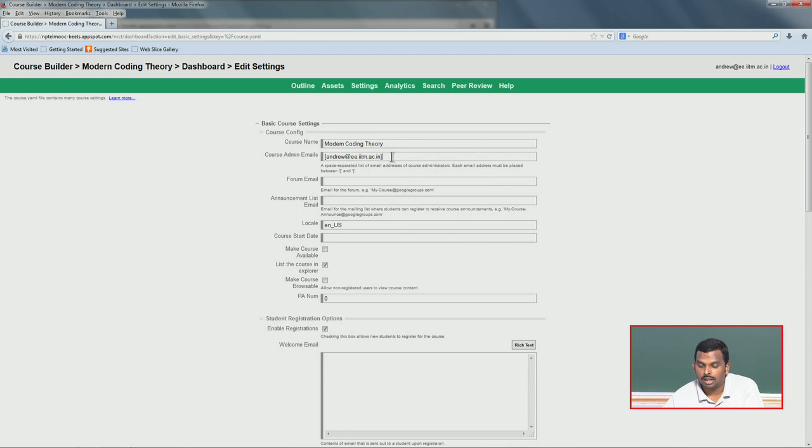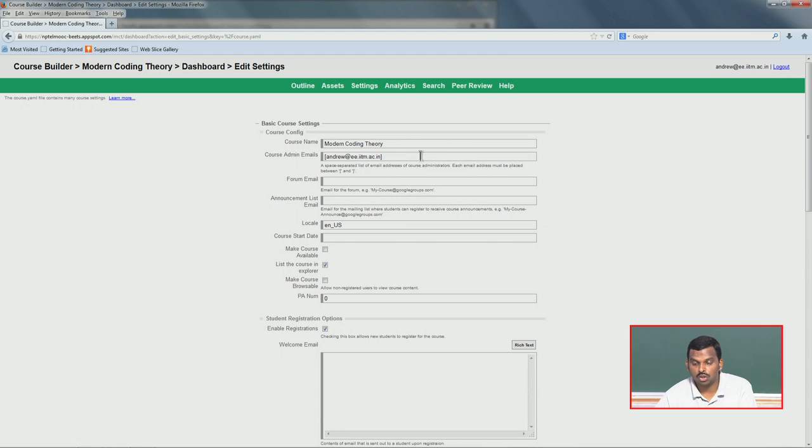So, now you can add multiple course admins for the same course. This might be because there are multiple subject matter experts, or you might want to have teaching assistants contributing content. So, you can add teaching assistants also as course administrators. Then they will be able to use the portal. Okay. So, that is a nice thing.